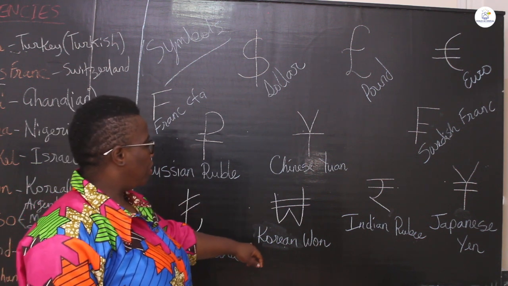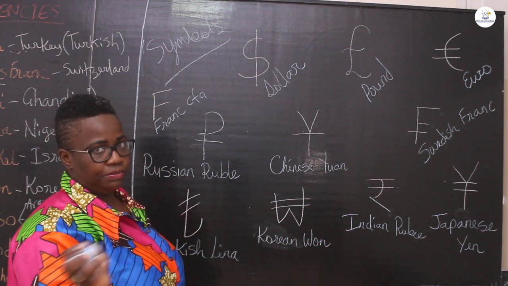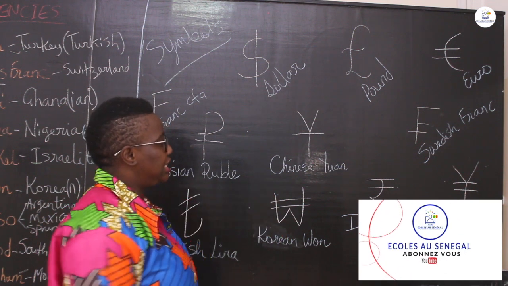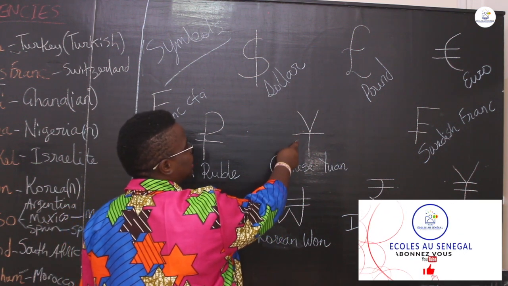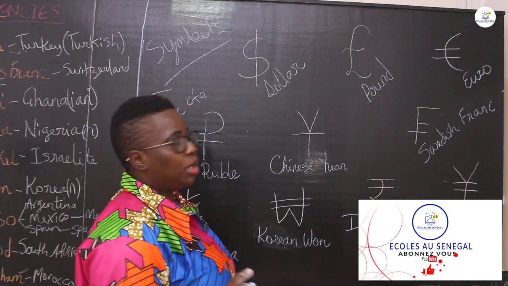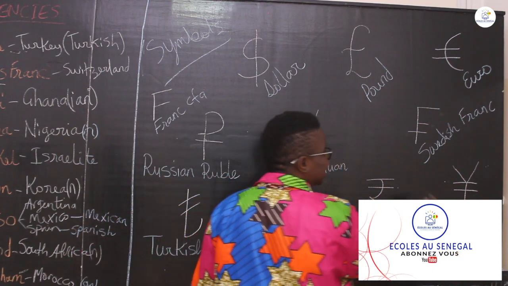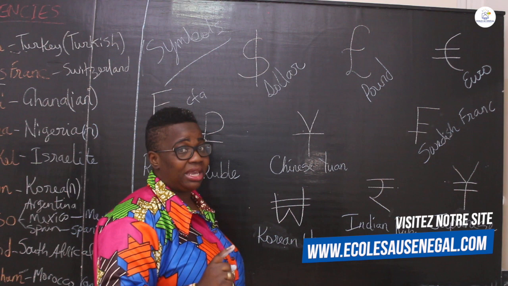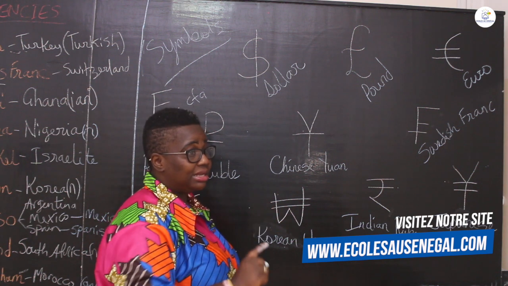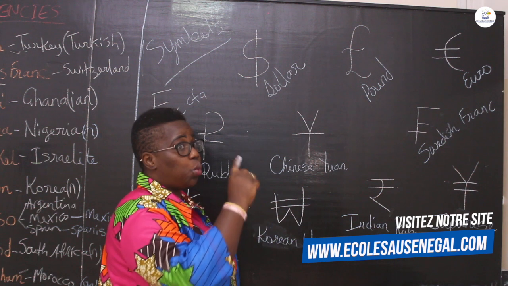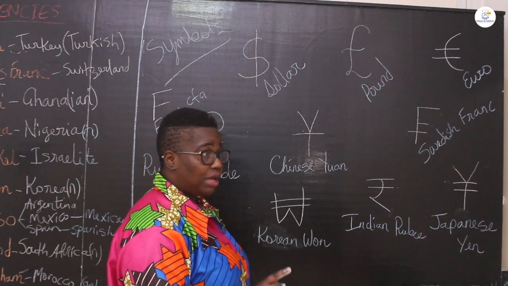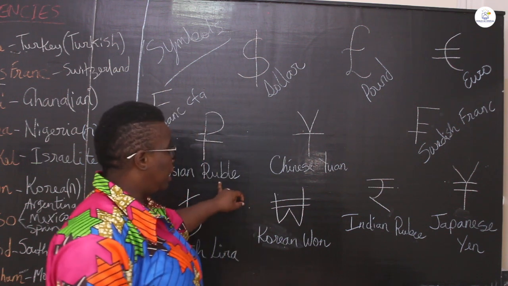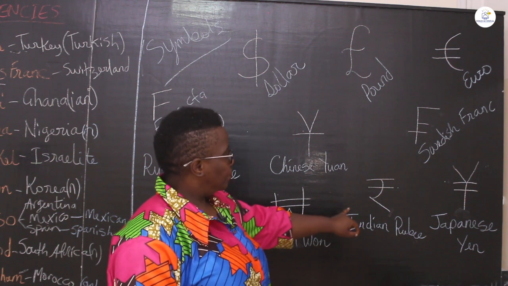And then, of course, you have the Korean won, which is North Korea and South Korea, with two lines. And it's a capital W. You have the Chinese yuan. You see the difference? Chinese yuan has one slant, one cut, whereas the Japanese has two. That's what makes the difference, so please be careful. The Japanese has two lines, and the Chinese has just one line on the Y. So one is yen, and one is yuan. You have ruble and you have ruby. Okay, and the ruby is an R.